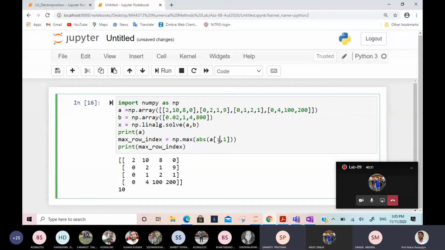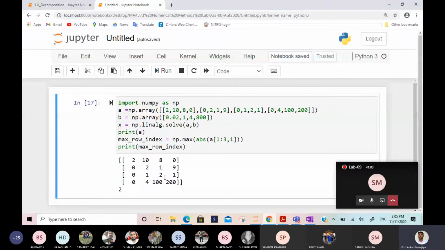If I am talking about the second column, then I write 1, 2 colon 3. Yes. So if I write here, instead of colon, it will start from row number 1. That means I skipped row 0. It will go up to the last row. The last row is 3. This is the 0th row, this is the first row, this is the second row, this is the third row. So I am writing 3, and let us see what will happen.